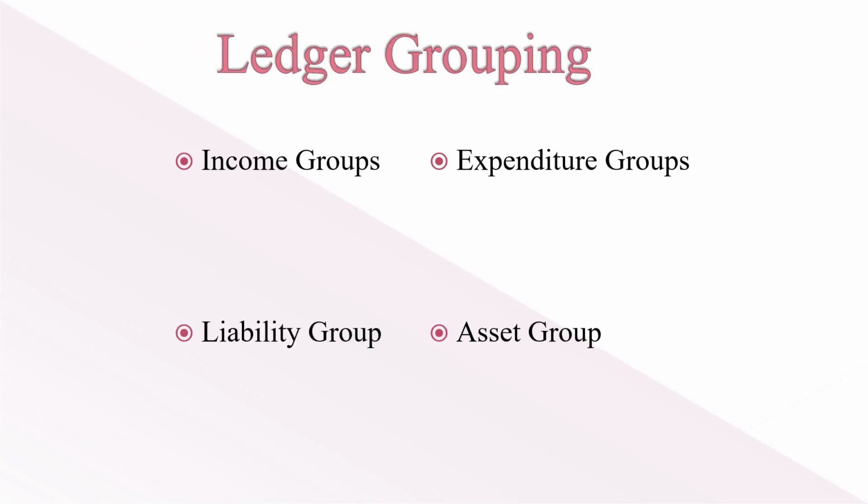Here comes ledger grouping. Under ledger grouping there are revenue items and non-revenue items. Under these two, revenue and non-revenue items, there are four groups, that is income groups, expenditure groups, liability groups and asset groups. This we are going to study in the video regarding the groups. We are going to study all the 28 items over there. The same way, already we have seen what is income in case of Module 1. We have to see other things, expenditure, liability, asset. That we are going to see in that particular video, that is groups.